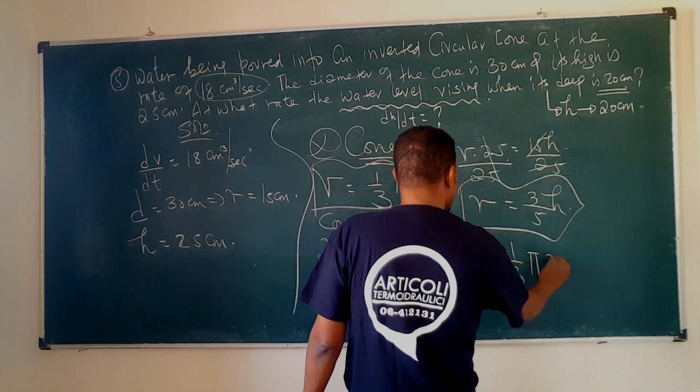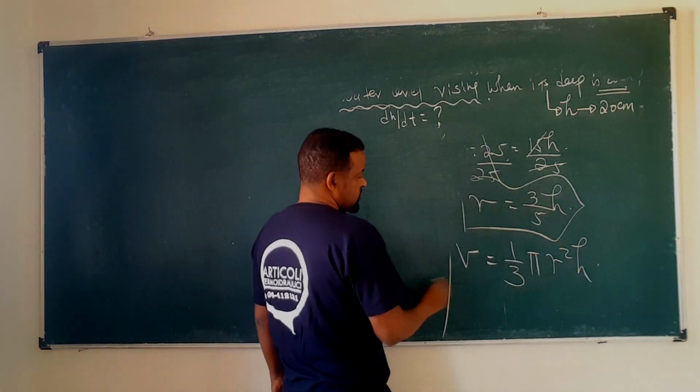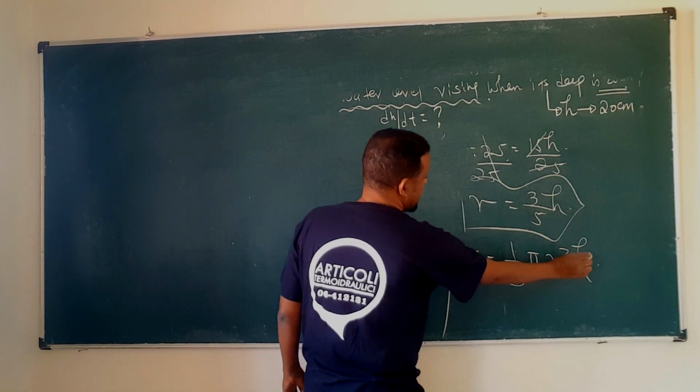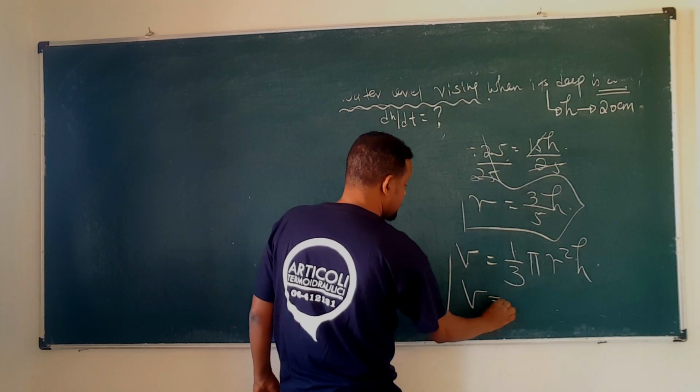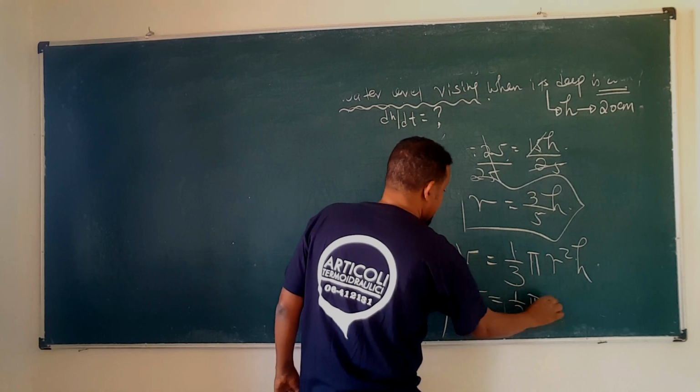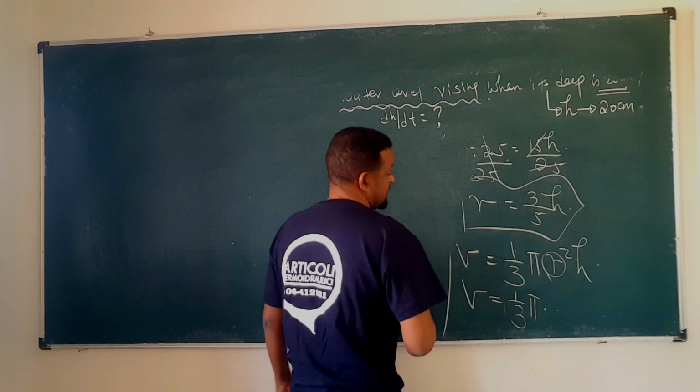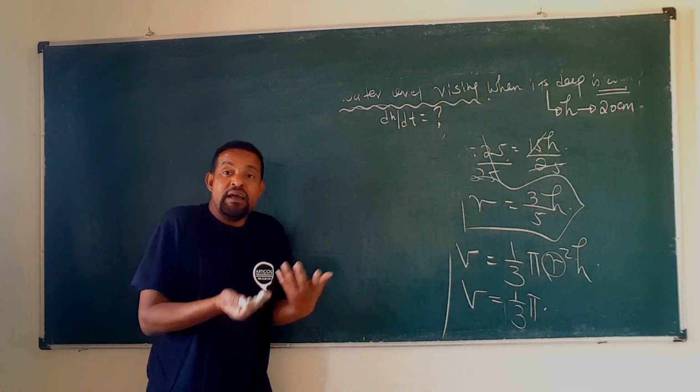1/3 pi r squared h, of course. So volume is equal to 1/3 pi r squared h. So volume is equal to 1/3 pi times r squared h. Look, so your volume formula in terms of r